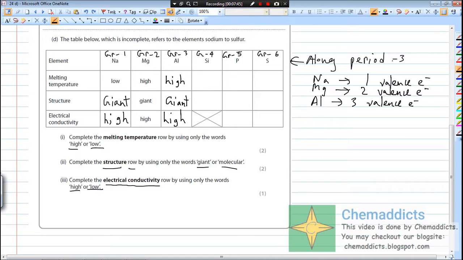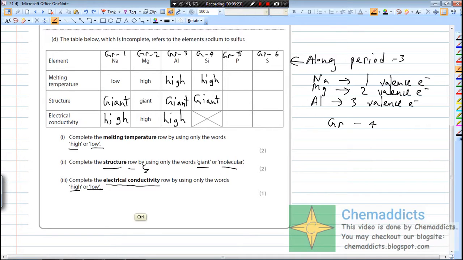Okay, so now let's move on to silicon. So melting temperature of silicon is high. I am explaining this later on, just let us complete this thing at first. Well, the silicon element lies in group 4. So we also know that carbon, let us see what the group 4 elements are. Let me have a look at the periodic table. Carbon comes first, then silicon.